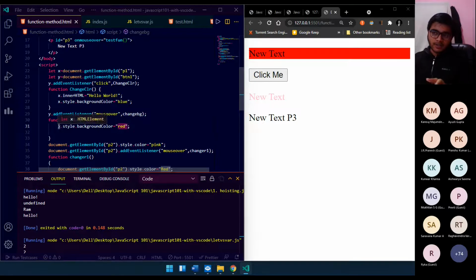So as I told, X is the variable that you're calling. Style is the CSS part that I told how we are using it. Then we type a syntax called background color. You don't have to memorize it once you have started to use it, right? You can just search. I'll give you some resources. You can go there whenever you need, look into these things, and you'll get more idea on how we are actually implementing this part, right? So this time we are changing the color to red. So this division changes to red, and